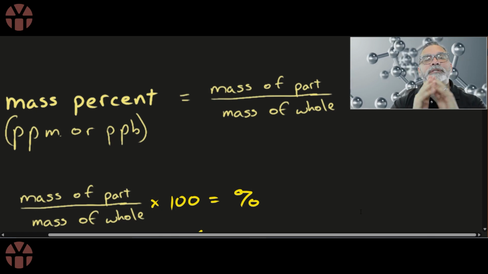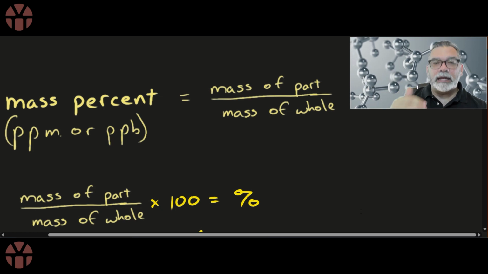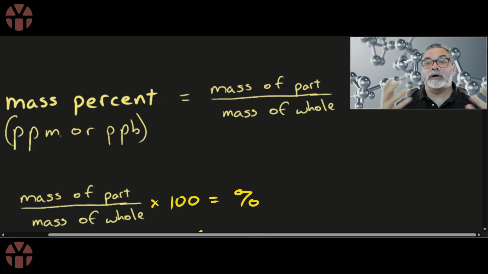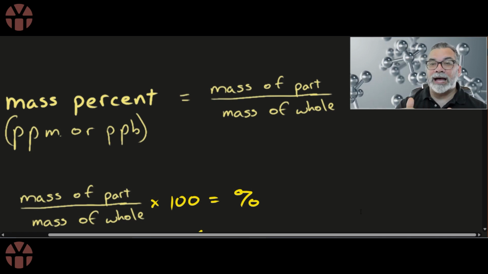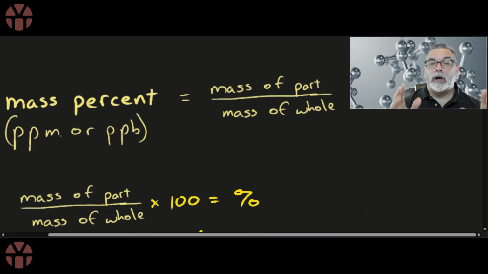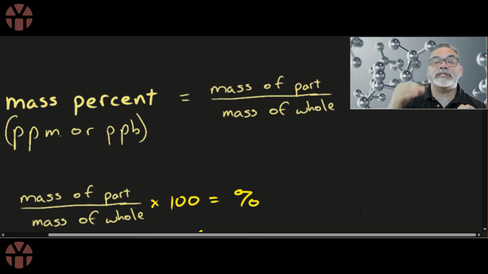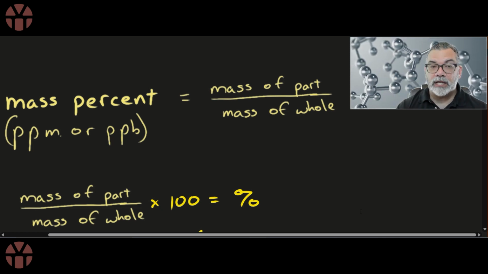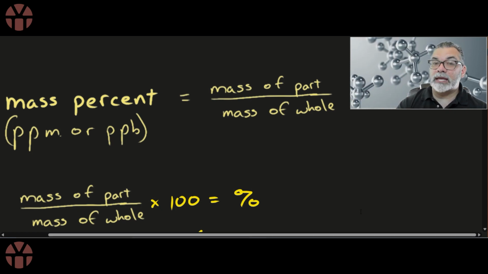So what is the mass percent? What is the mass of the portion divided by the total mass of the whole? Okay, so mass of a portion on top divided by mass of a whole below. Now, what happens when we're talking about infinitesimally small quantities? Well, in a case like that, then we use this idea of parts per million, ppm, or